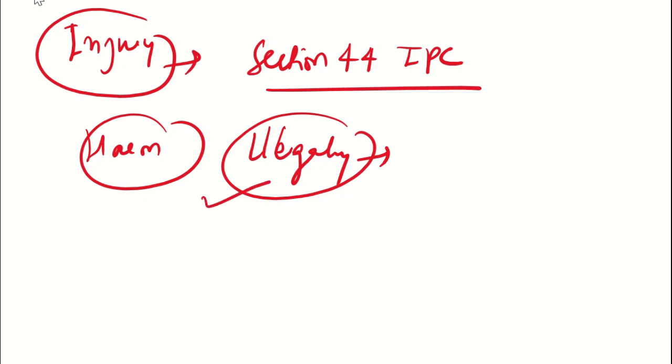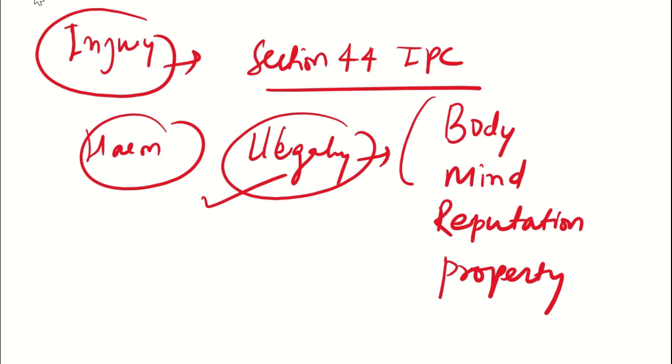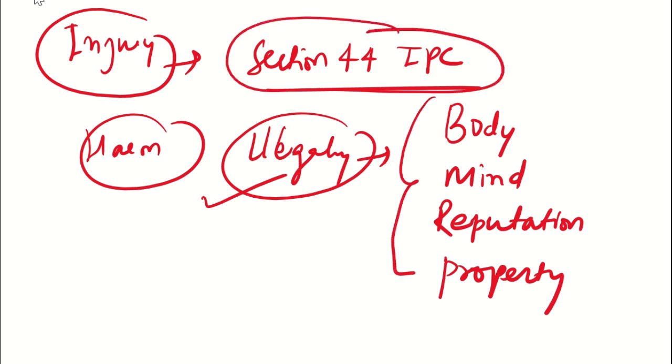Okay, it is illegal harm that is caused to any person in terms of body, mind, his or her reputation and his or her property. So these four terms are there in the definition of injury as per section 44 of the Indian